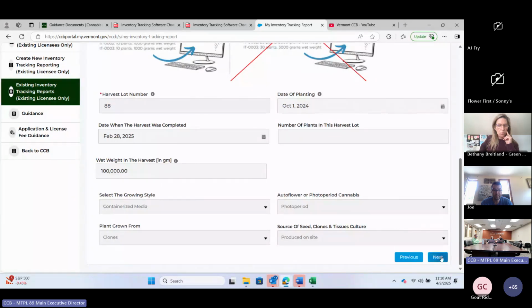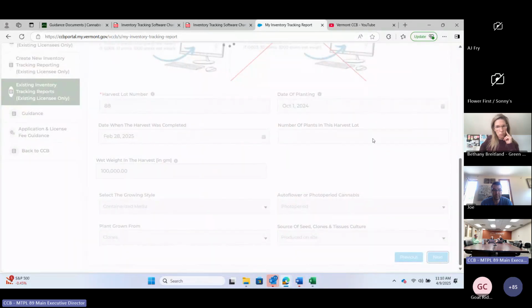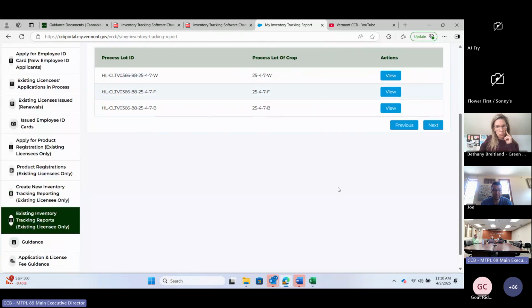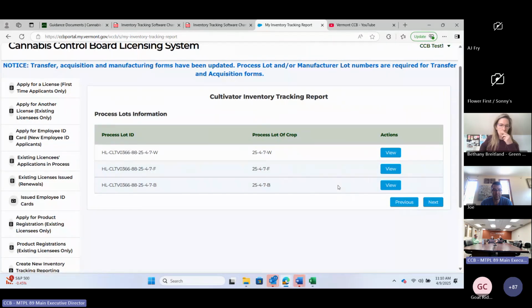What I really want to do is get to the report that shows our process slots. We mentioned before that process slots are required for transfer and acquisition reporting to go through. These are 3 process lots that I've created from that Harvest Lot 88. You can see the naming conventions for this. It's the HL and the CLTV 036X. That's my license number with the HL added at the beginning, and the 88 designates the harvest lot. So my harvest lot for this is the